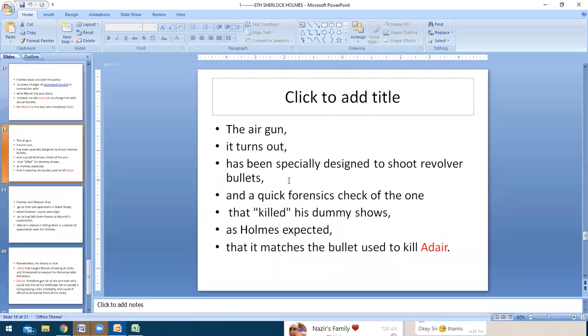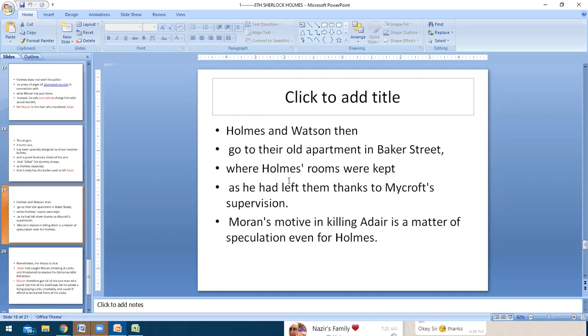The airgun, it turns out, has been specially designed to shoot revolver bullets, and a quick forensics check of the one that killed his dummy shows, as Holmes expected, that it matches the bullet used to kill Adair. Holmes and Watson then go to their old apartments in Baker Street, where Holmes' rooms were kept as he had left them thanks to Mycroft's